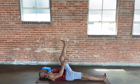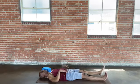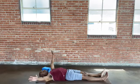All right, let's go ahead and bend the knee. Let's re-extend the entire body. Leg to the floor, arms behind you, reach and stretch. Then go ahead and bring both knees